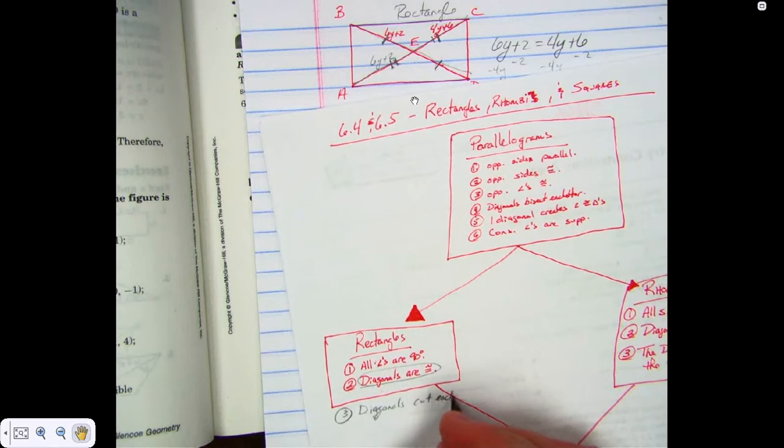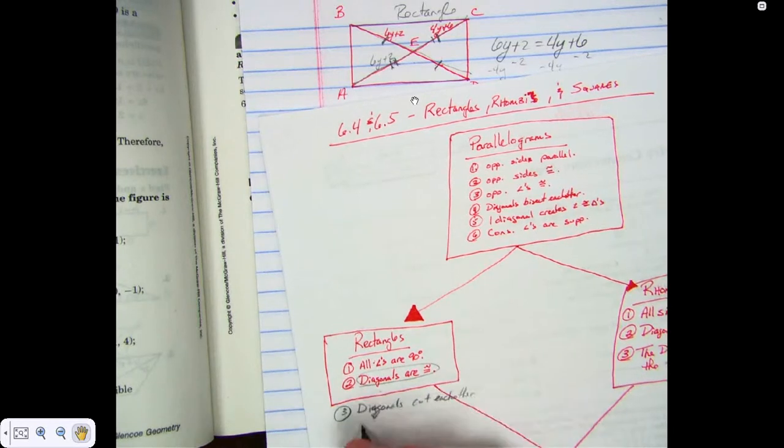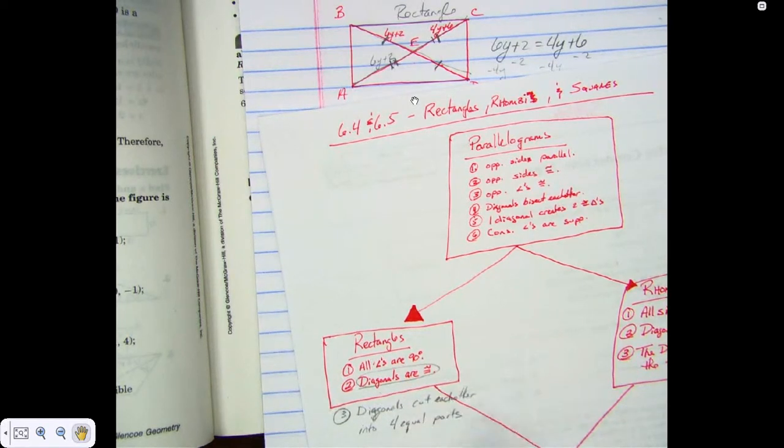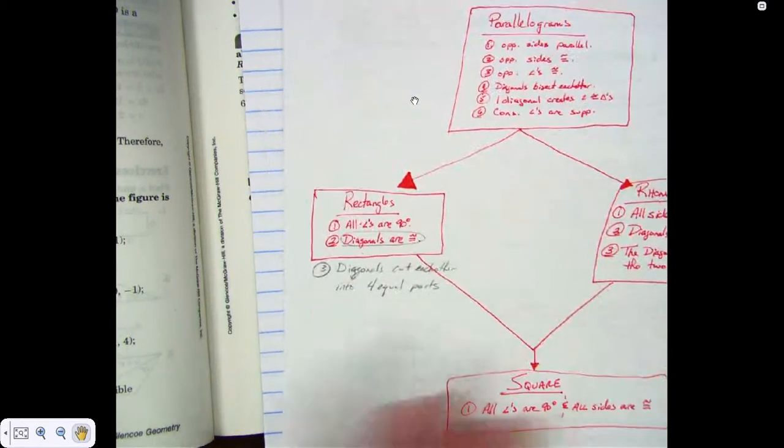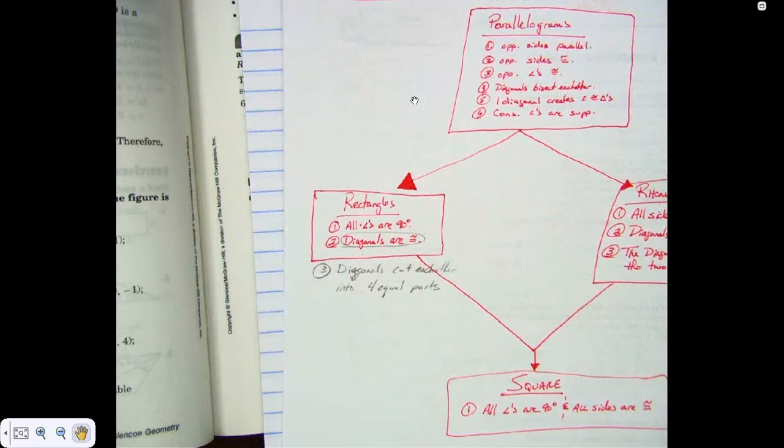Cut each other into what? 4 equal parts. You can add that to your list if you want to, because that's another thing that's true. If you ask me, that's more useful than some of the other stuff, isn't it? Useful to know that. Anytime you got a rectangle, the diagonals will cut themselves into all 4 parts